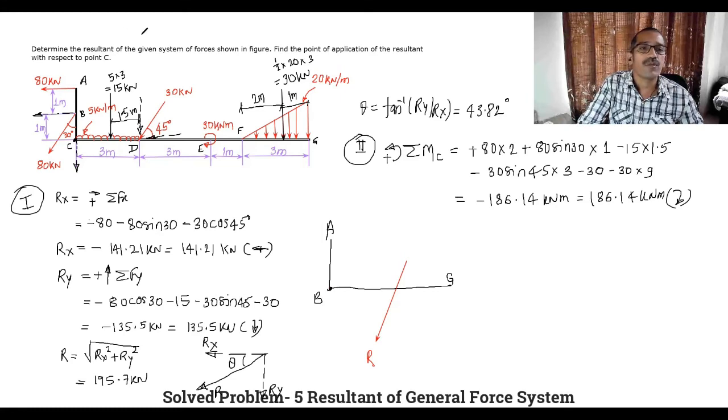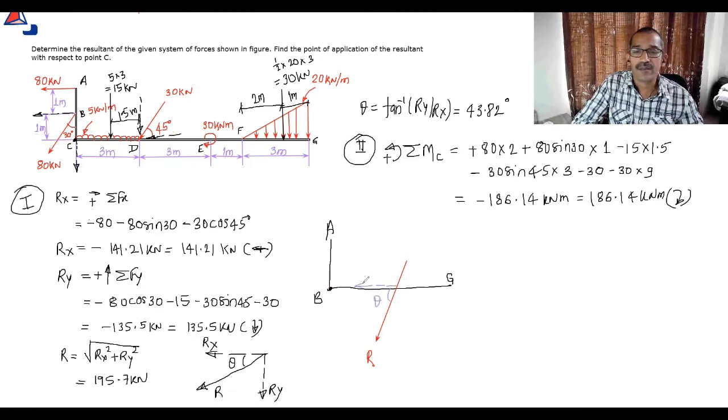So here we'll resolve this resultant. The angle here is theta. If we resolve, we'll get Rx. The moment of Rx about B is what? 0. Why 0? The line of action of Rx passes through B. And this distance we will assume as X. So what is the moment of the resultant about B? Ry into X, clockwise. That means now if you apply Varignon's theorem, the moment of the resultant, not about B, it is about point C.